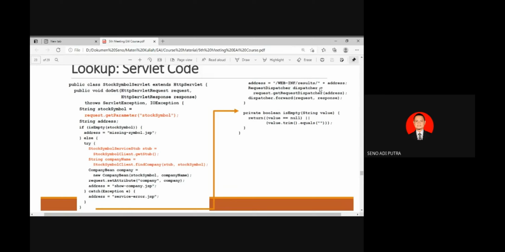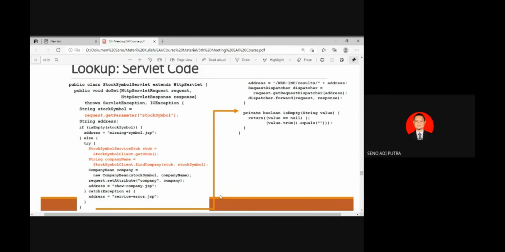So the result should be put in the result folder. Then you follow this statement, dispatcher get request address, which will forward the JSP file to the client using the method forward.